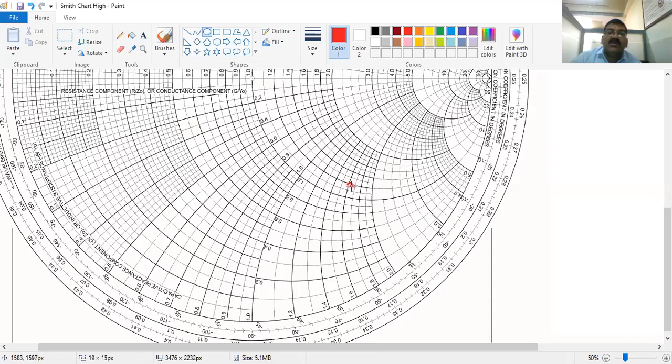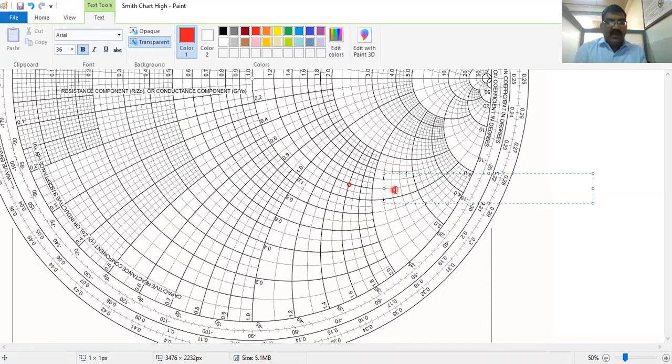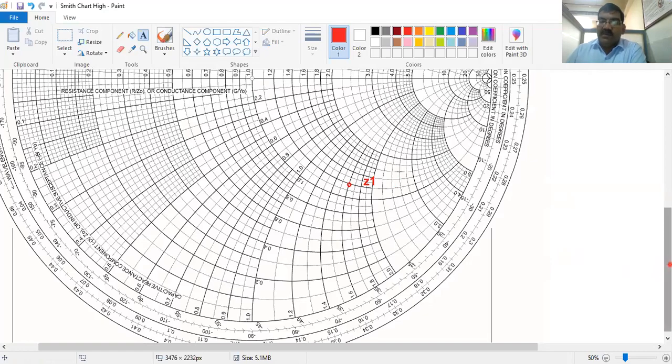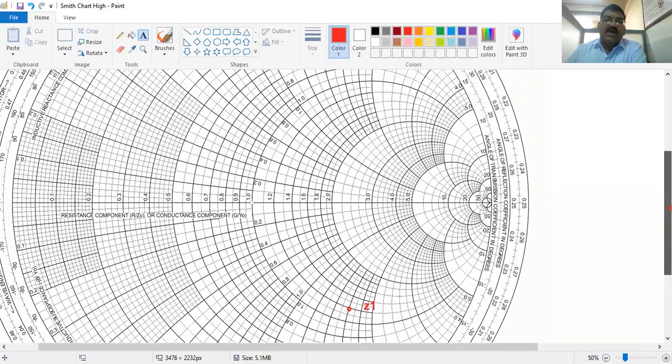So this is my point of intersection. This is nothing but the point I got. This is 1.6, you can see the 1.6 line is coming here, and this is the 1.2 line, the 1.2 line is coming here. Okay, so this is the intersection. This is nothing but my z1. So I will write this as my small z1. Now, the 50% of the problem is solved. Now, what should I do?